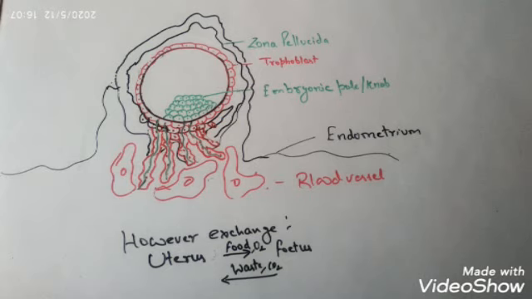Though both the blood vessels are not in contact with each other, they still manage to exchange food and oxygen from the uterus to the fetus, and waste material as well as carbon dioxide from the fetus to the uterus. And this exchange can be done due to the fact that the membrane, which is highly permeable, allows the exchange of these two.